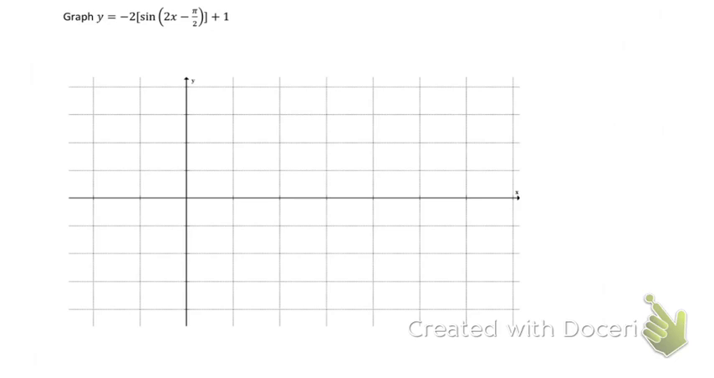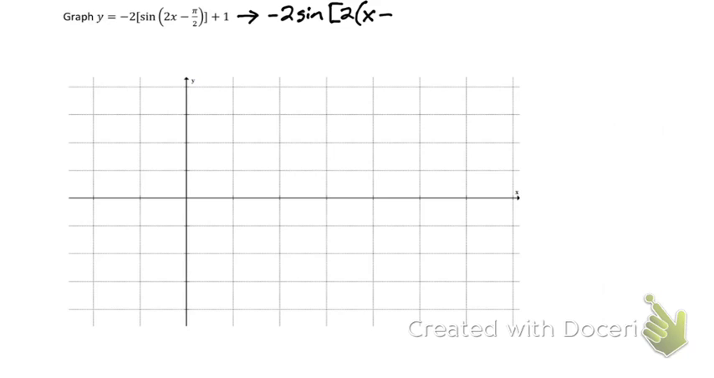So this is not in correct form yet. We need to rewrite it. So we're going to rewrite this as negative 2 times sine of, and we're factoring out a 2. So that means I want to divide a 2 out of this term, and I want to divide a 2 out of here. Well, 2x divided by 2 is just x, so I'll have 2 times the quantity x minus pi